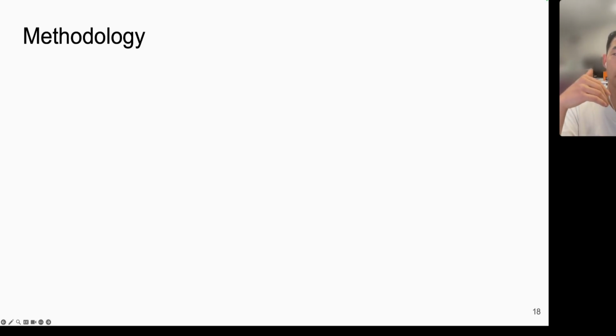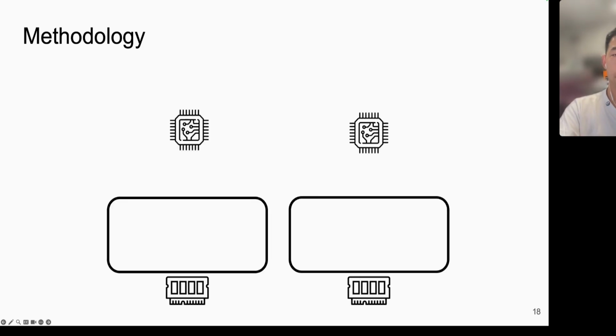We now show the evaluation. So we use a machine equipped with two CPU sockets, CPU 0 and CPU 1, to simulate a CXL-powered tiering system. We disable all the cores on the CPU 1 so that only CPU 0